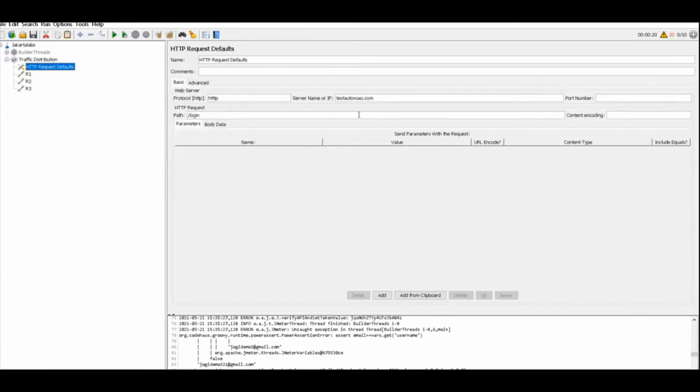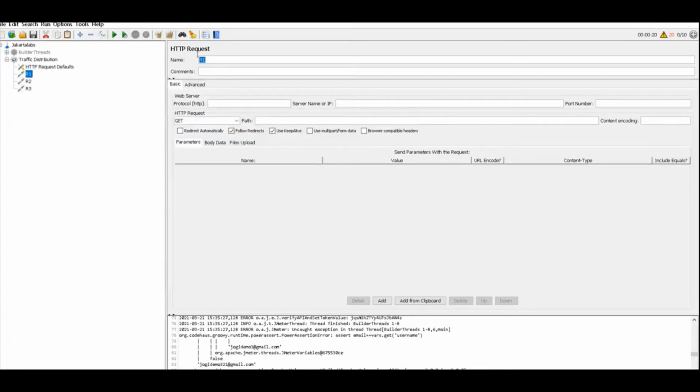For request default, you can leave the path empty, but the first request becomes login.